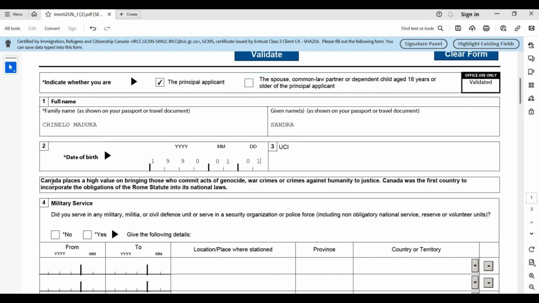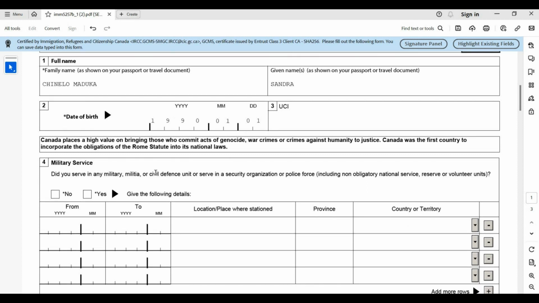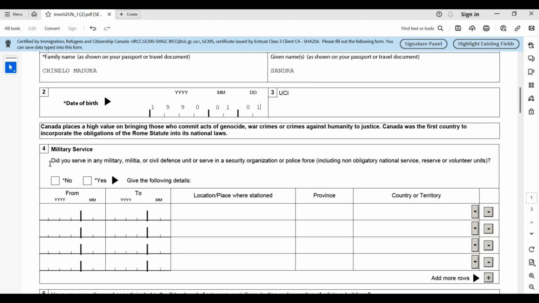Then the next one we read, it says, okay, Canada places a high value on bringing those who commit acts of genocide, war crimes, or crimes against humanity to justice. Canada was the first country to incorporate obligations of the Rome Statute into its national law. I don't know if you know what this means. It means that if you have committed any of these crimes before, this is not the right place for you. So, since we are clear to go, we'll fill the number